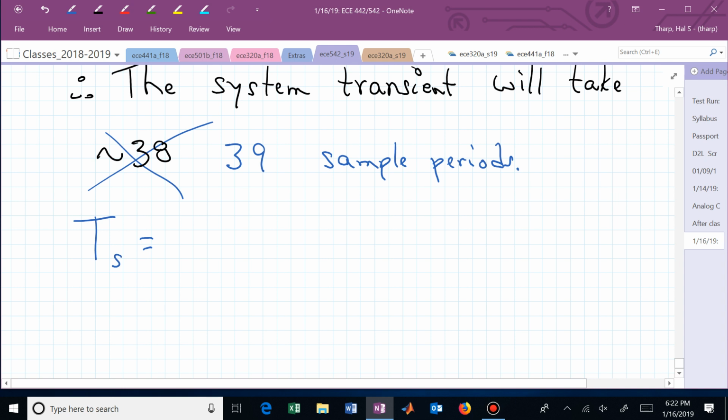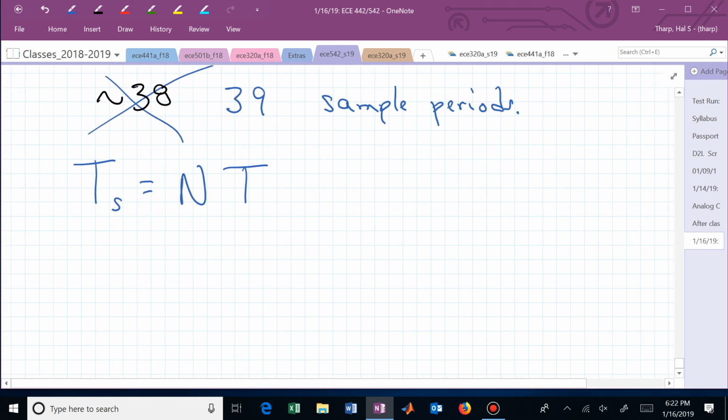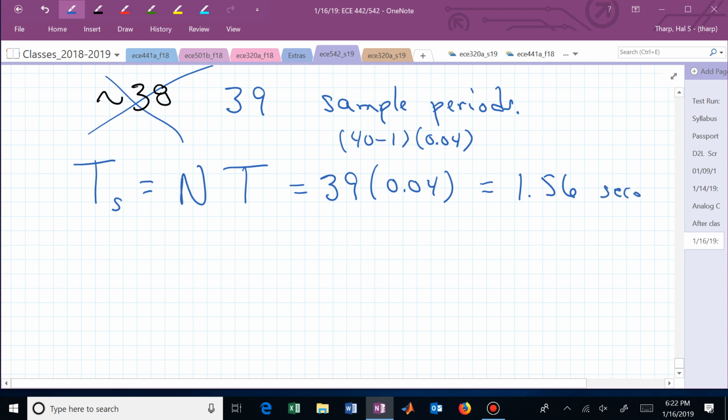Where were we? T sub s. Can we find T sub s? The actual value. We have n. Do we have t? I didn't give you a t, did I? So let me give you a t just to use. Suppose the sample period was 40 milliseconds, or 0.04 seconds. So that now, if we wanted to, we could say, well, that looks kind of weird, so let me multiply 0.04 times 40 and then subtract 1, so that I now have 1.56 seconds. And this would then represent the real, or the absolute,